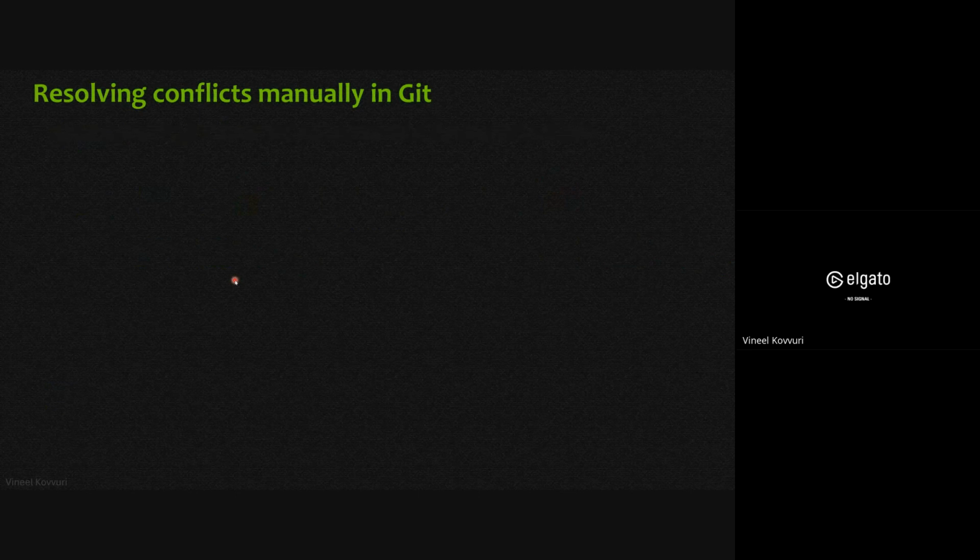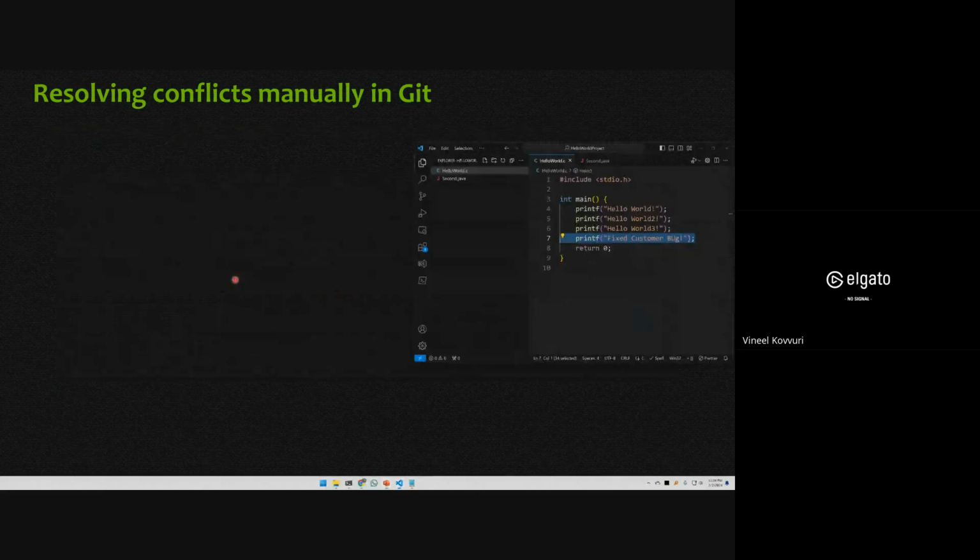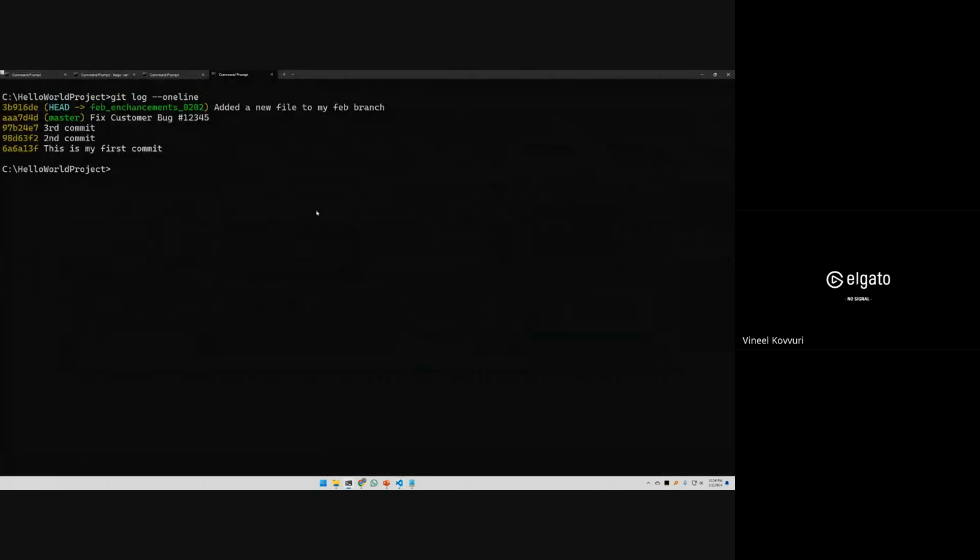So I haven't answered this question. To keep things simple, what I did is I created a new file. So when you're merging things, there are chances when you get something called merge conflicts. So imagine the scenario. In master, I modified this line, right? Let me go back and do the example that is much easier for you to follow. I'm not sure whether I'll be able to do it now because I kind of